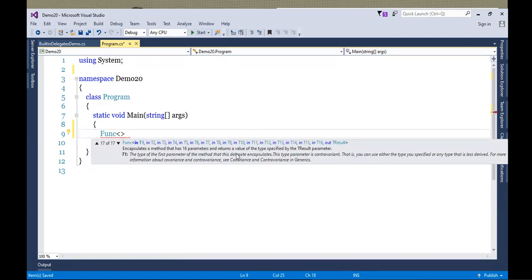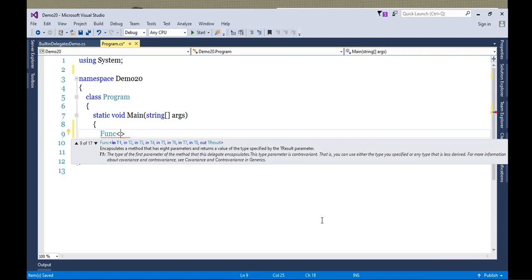You can watch out. If you see the 17th overload, how many arguments are there? 16. And as usual, you all know a method is always going to return only one value. So for each overload, you will be getting only one output. Okay. So this is how the Func delegate is designed.